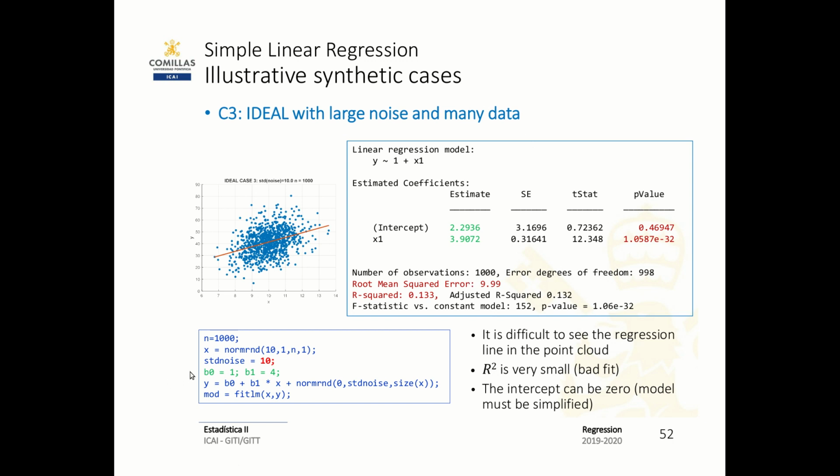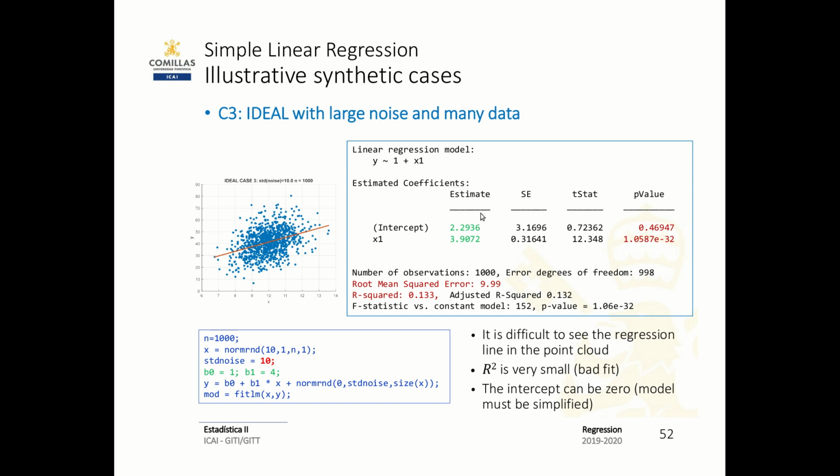Okay, good. So now we have much more noise, and we are back to the case with many data. The B0, B1 parameters are still the same, but now the standard deviation is 100 times larger than it was before. The estimate for B1 is relatively good, and the p-value is very good, but for B0 the p-value is very high, meaning that the model is not sure whether B0 is actually 0 or not. So in principle, following our rules, we should remove B0